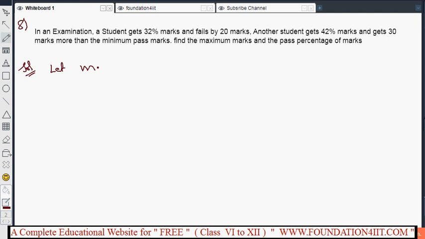I'm taking maximum marks is equal to x. So in two cases I'm going to solve now. First, student 1 and student 2 if we take. Okay, in case 1,